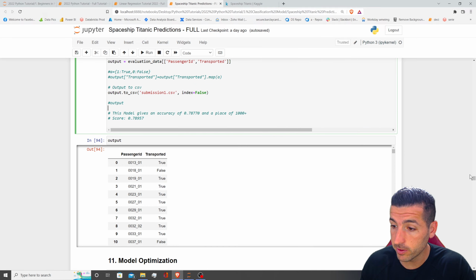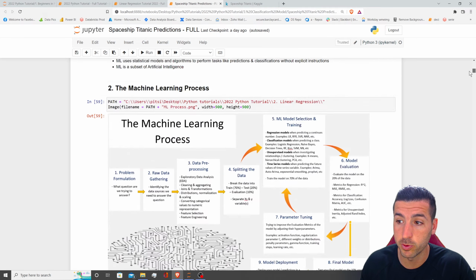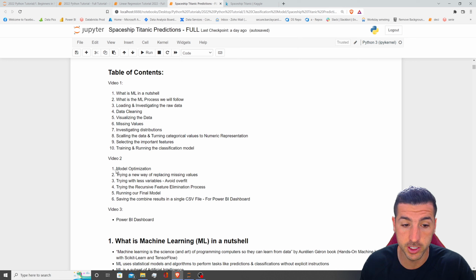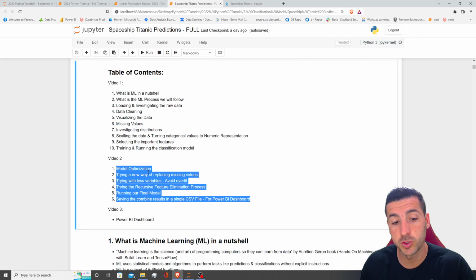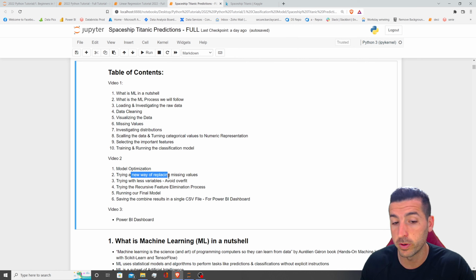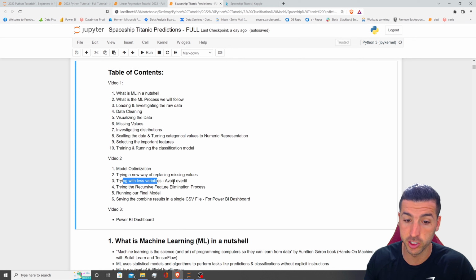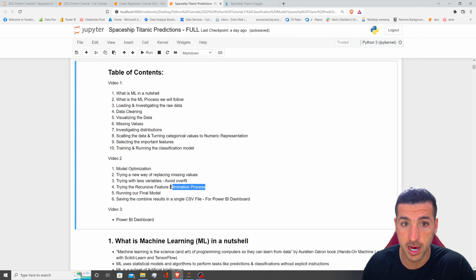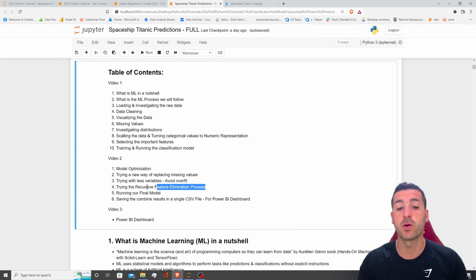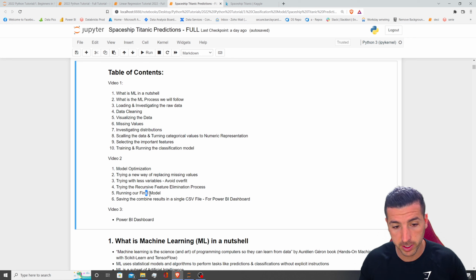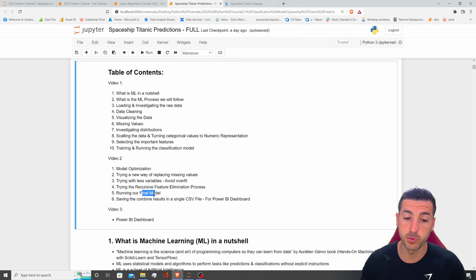So in this video now, we are going to try to improve our results as much as possible. So we are going to try model optimization. We are going to try a new way of replacing the missing values. We are going to try and run models with the most important features only. We are going to try the recursive feature elimination algorithm. And then at the end, we are going to select the best performing model, run predictions, output our data into